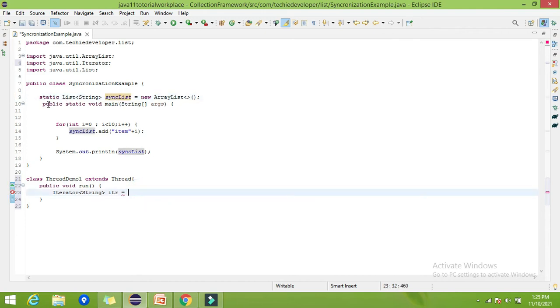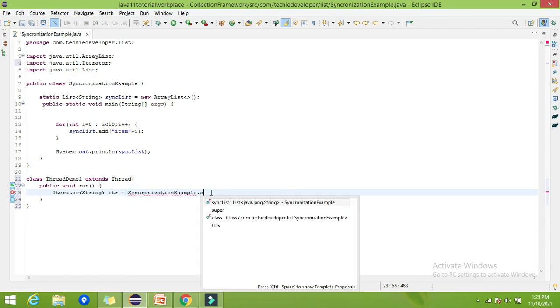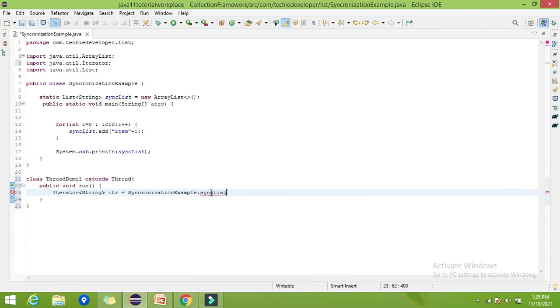We have declared this as static, so we can directly get this list by using the class name dot syncList. As it is a static list, we can directly access it by class name dot iterator. So it will give us the iterator object.